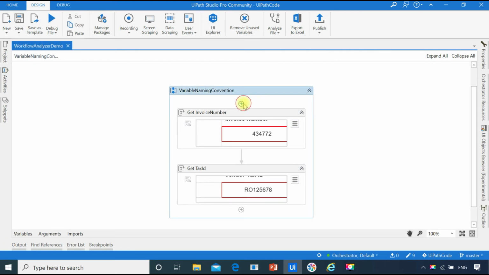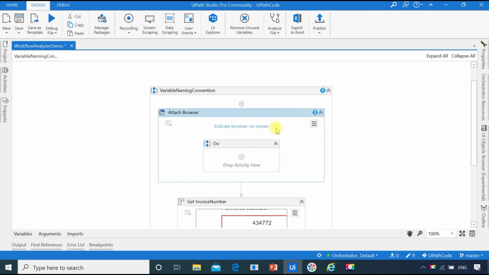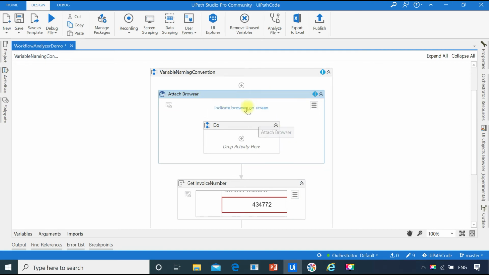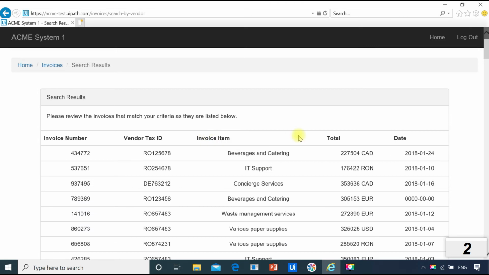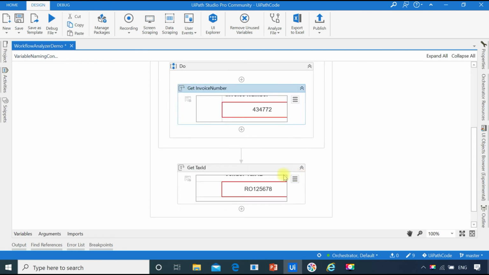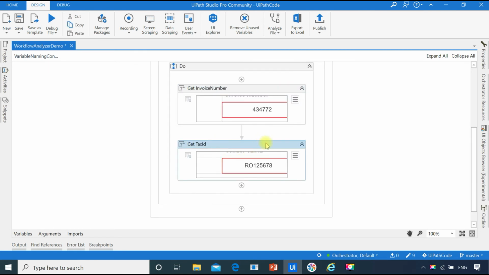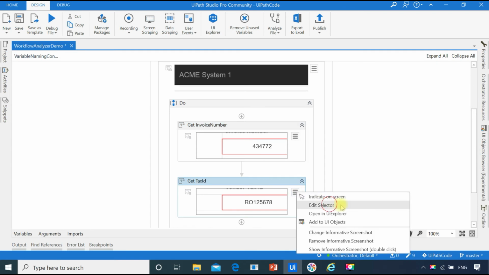activity. So what I'm going to do is include an Attach Browser activity and indicate that particular screen, and drag and drop both these activities into the Attach Browser container and remove the top level selector, because this top level selector is already in the Attach Browser activity.